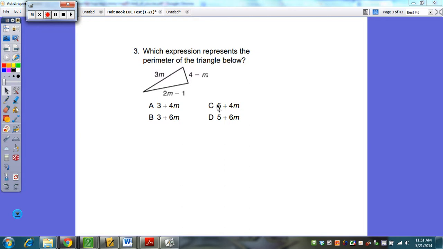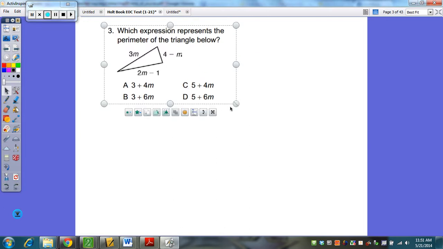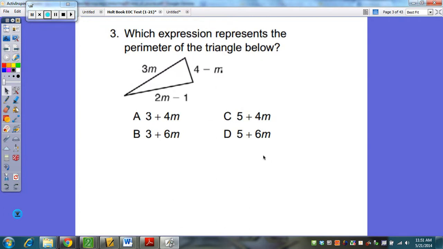Okay, so there's going to be certain things that are going to be on this test that may not necessarily have been covered explicitly in class, but there is some prior knowledge that we should bring to it. Whenever we look at the word perimeter, we're talking about adding up all of the sides together. So in this case, if I'm looking for an algebraic expression for this, I'm going to add up all of the sides